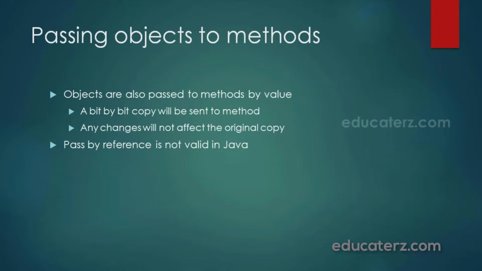Next is passing objects to the method. We can also pass class objects to methods or return objects from methods and so on. When we pass objects to a method, actually a copy of the references is passed to the method, where they will be interchanged. But outside the method, the original objects will remain the same. That is, we don't find their interchanged values outside the method. So let's illustrate this point with an example again.